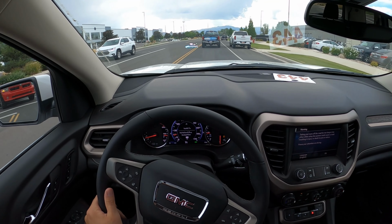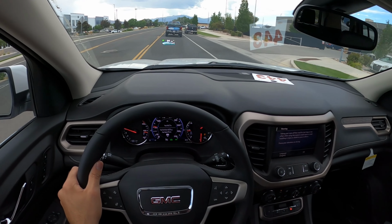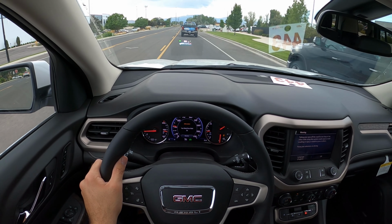with the Denali. Yeah, the four-wheel drive, or the all-wheel drive rather, takes away the torque steer just like the